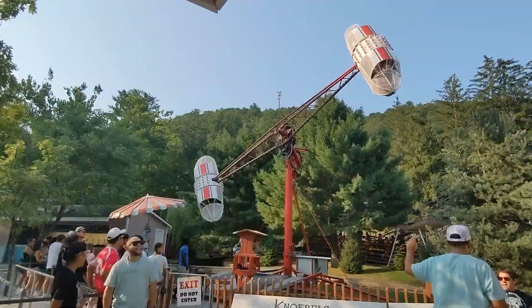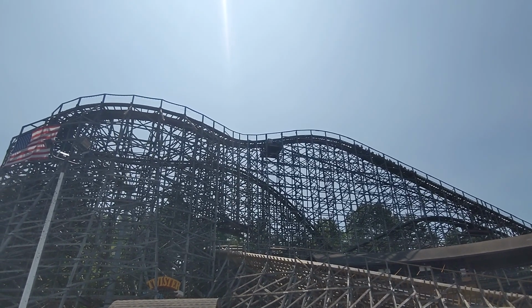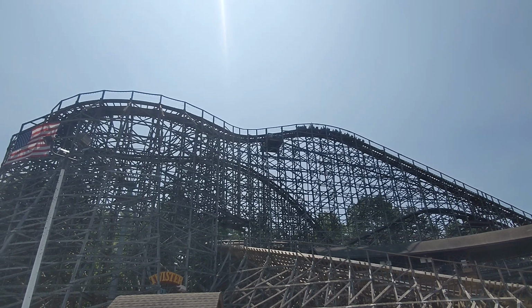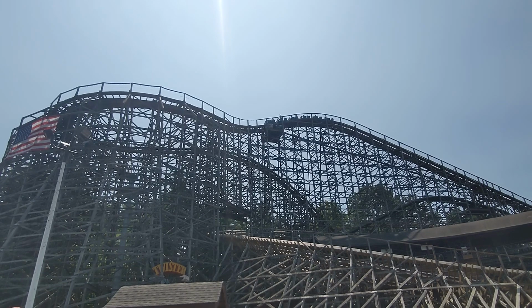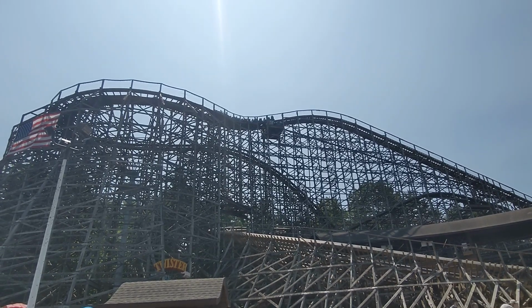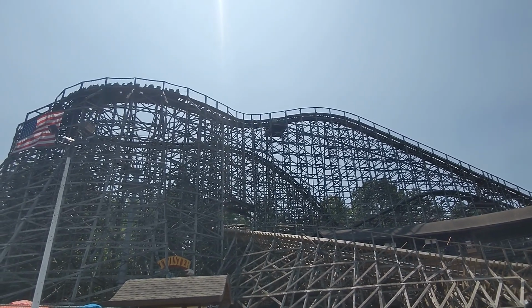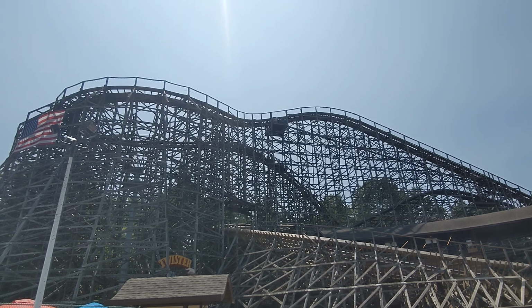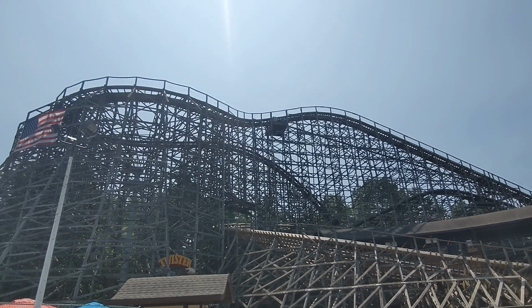Thus, this video will not only focus on just the coasters, but my favorite flat rides within the park as well. Starting with the coasters and the largest one in the park, Twister is a copy of a 1964 wooden coaster called Mr. Twister that used to operate at Elitch Gardens in Colorado. Knoebels purchased the blueprints of this ride and constructed it themselves,